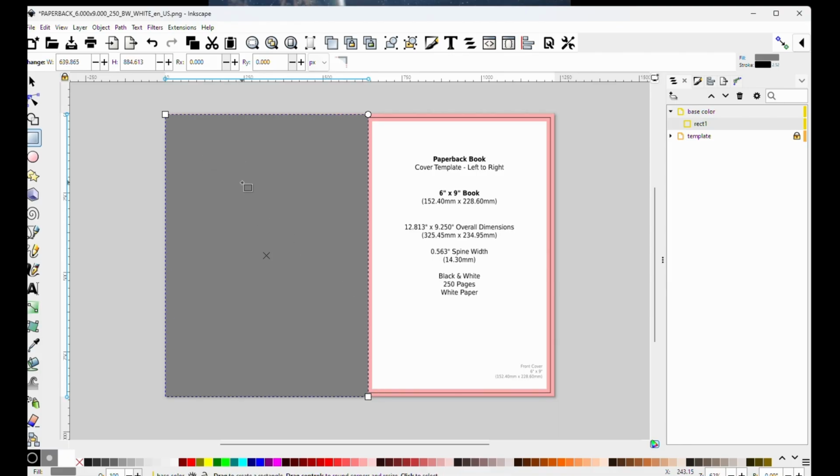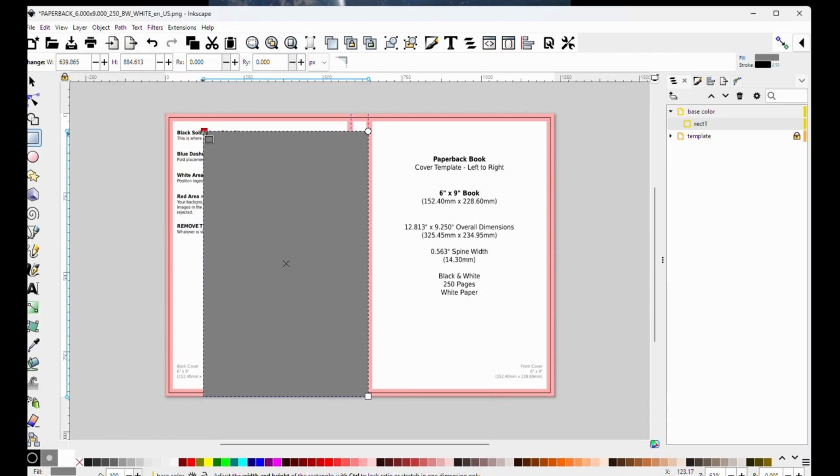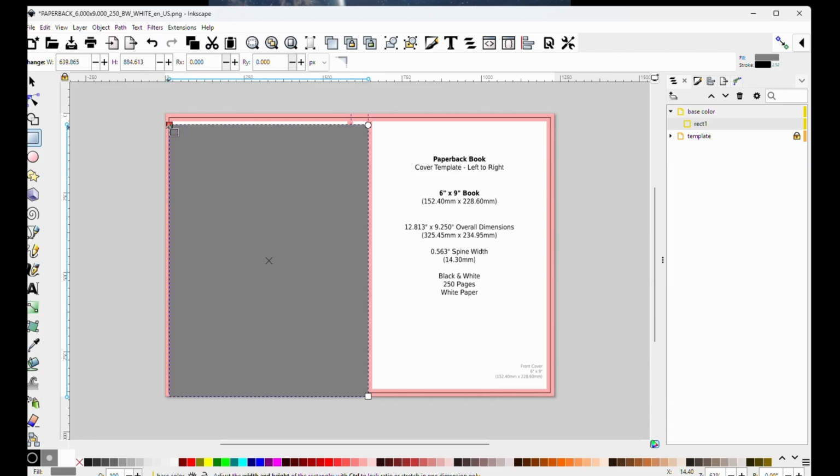Now, as soon as you build an object like this, in this case a rectangle, you wind up with several handles. The square ones should be obvious. They let you move this and resize it as you need to. The round one may not be obvious, but if you click and hold the round one and drag it, you're going to get rounded corners instead of square corners. Once you're happy with the way that looks,